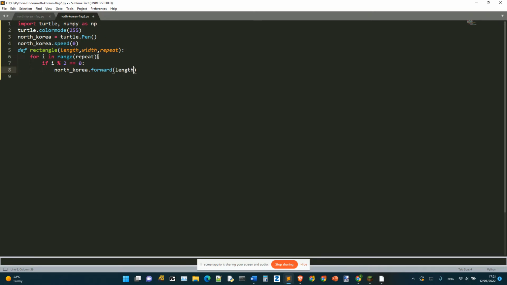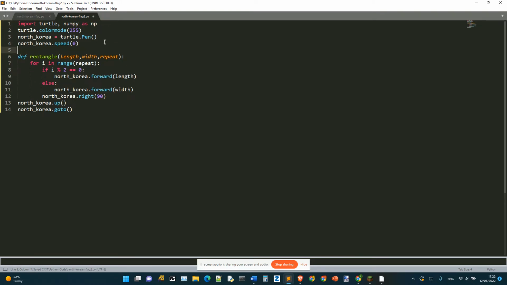No, length. No messing about here. Else North Korea dot forward width. Now, North Korea dot right 90. So now, North Korea dot up, North Korea dot goto,